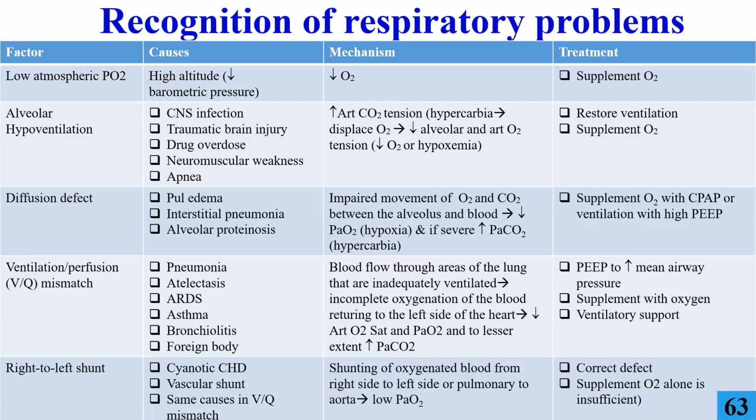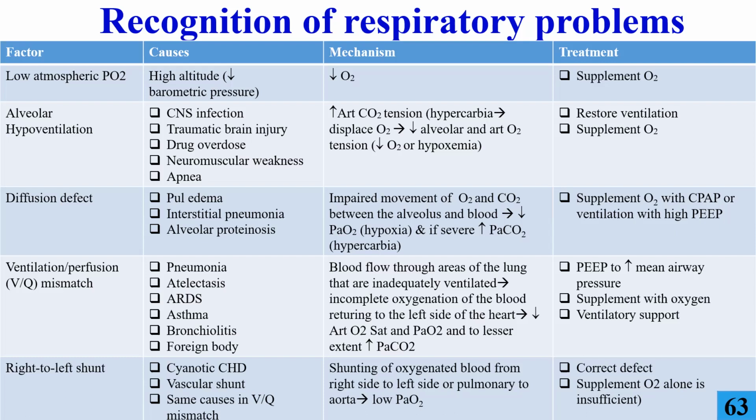Okay, the first problems in the respiratory system are low atmospheric O2, alveolar hypoventilation, diffusion problem, and then ventilation perfusion mismatch. Now, please remember that we have 3 areas in the lung. The uppermost part, if you are standing, will be the upper part of the lung, but if you are lying on your back, it will be the anterior part of the lung. So we have